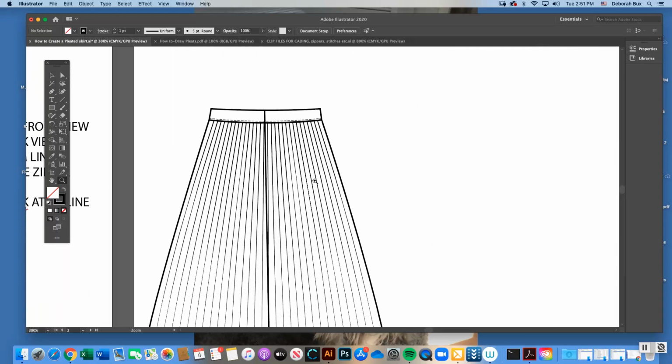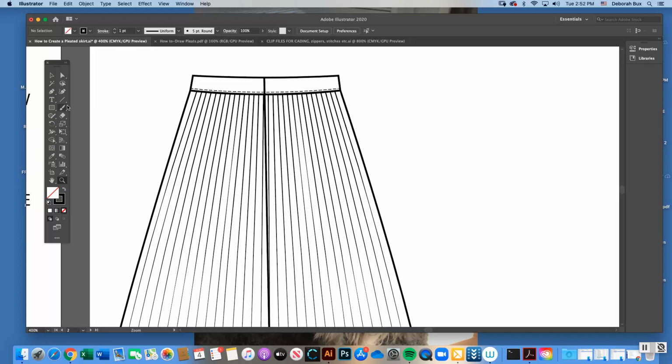I'm going to zoom in. I'm zooming using the zoom tool to zoom in on my skirt. I'm going to take the pen tool now, and I'm going to picture this is the back view. So there's actually a butt here. So you picture where that is, and you say, okay, I think the zipper should stop midway in the middle of the buttocks. So I'm just going to click one point and hold shift to click another point